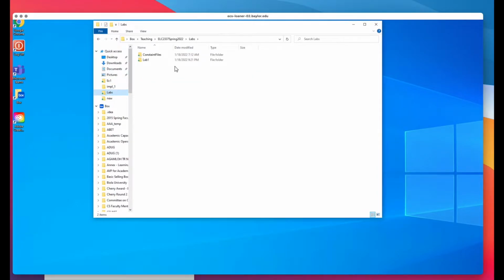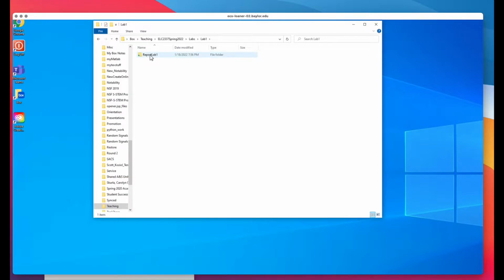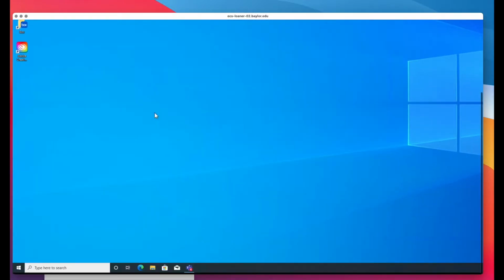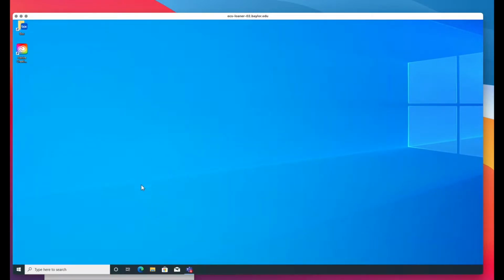Okay, so as I mentioned, we've set up Box, and the quick links for me are under the lab. I have a place for lab 1, I have a place for the report, and this is where I'm going to put the project when I run Vivado. All right, so I have that all set up. I know how I'm going to connect the project because I've drawn a diagram, and so I have a pretty good feel of the top level module and the internal module that's going to do the functionality of what we're trying to do. Okay, so let's run Vivado,